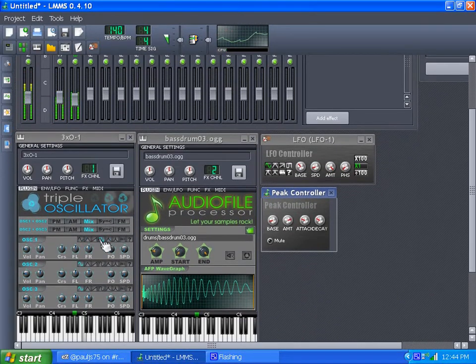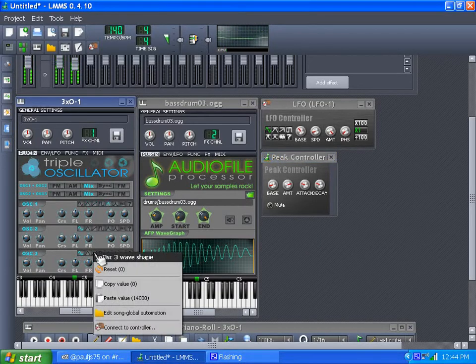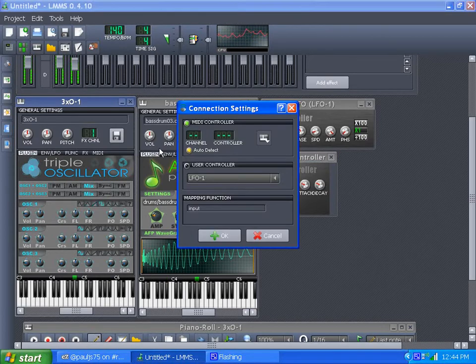Now you see it's jumping with this level. And a low frequency oscillator just oscillates based on the waveform it has itself. So now what I'm going to do is connect this controller, low frequency oscillator,